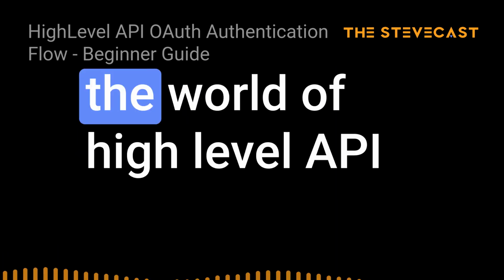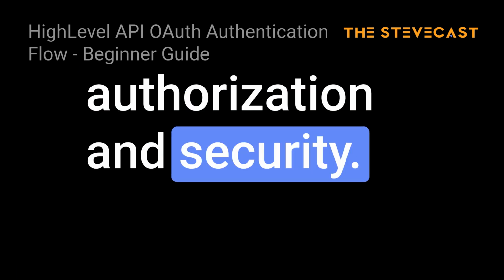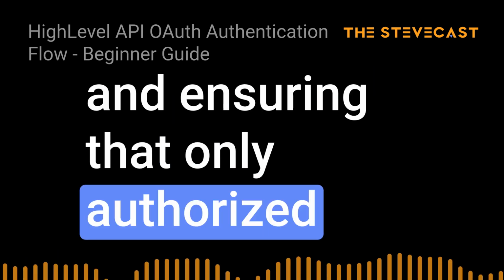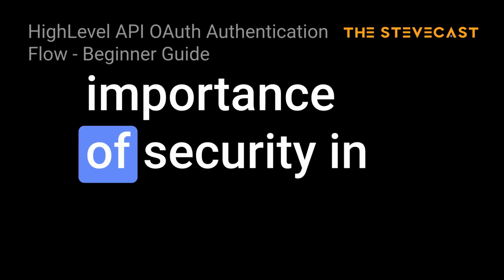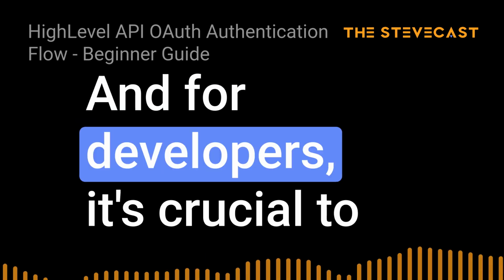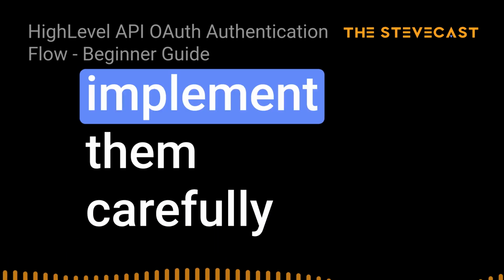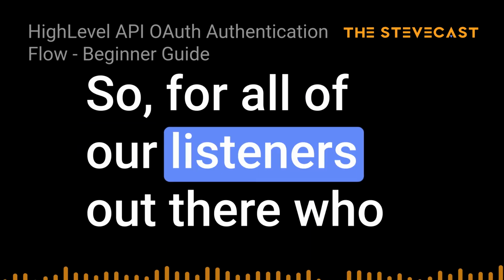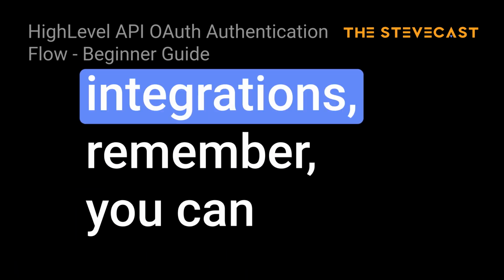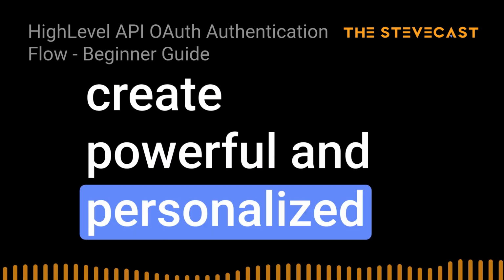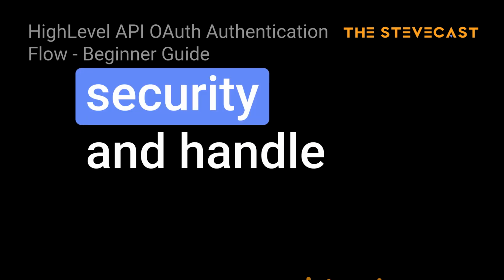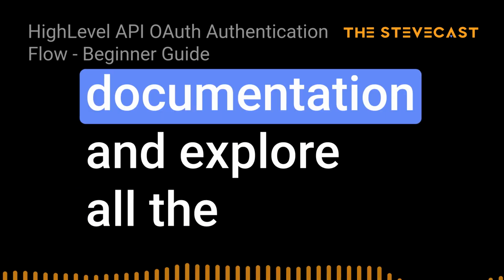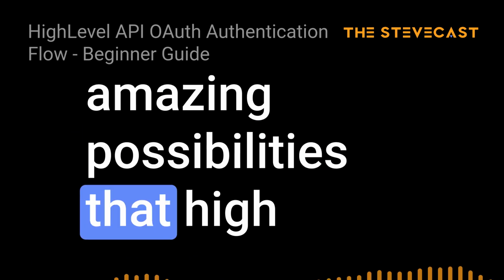Wow, we've really gone deep into the world of HighLevel API authorization and security. It's incredible how much detail goes into protecting user data and ensuring that only authorized apps can access it. It's a testament to the importance of security in today's digital landscape. And for developers, it's crucial to understand these concepts and implement them carefully to build integrations that users can trust. Well said. So, for all of our listeners out there who are building their first HighLevel integrations, remember, you can create powerful and personalized experiences, but always prioritize security and handle user data with care. Absolutely. And don't be afraid to dive into the documentation and explore all the amazing possibilities that HighLevel's APIs have